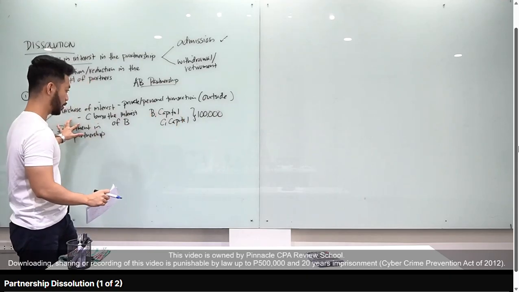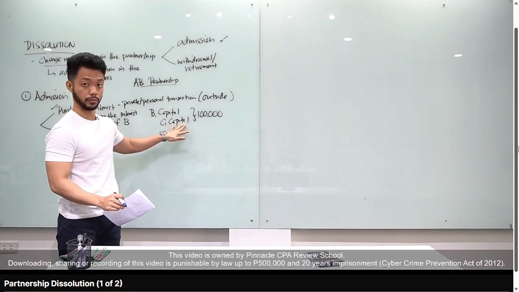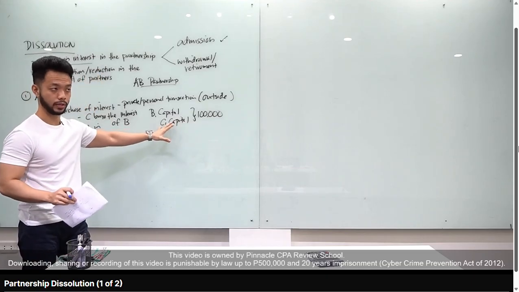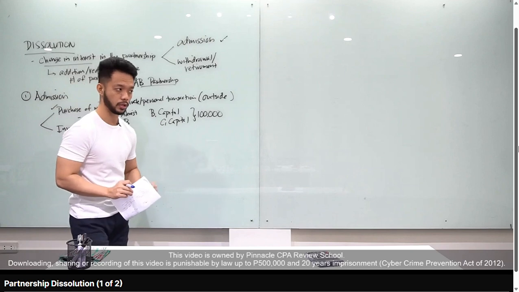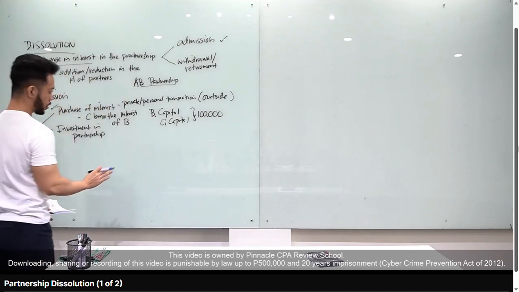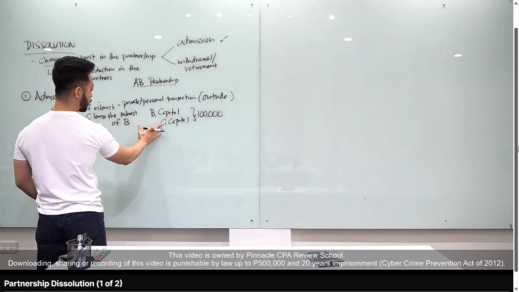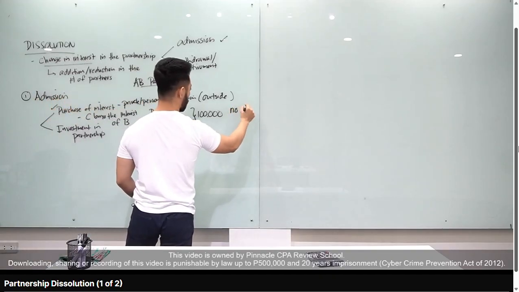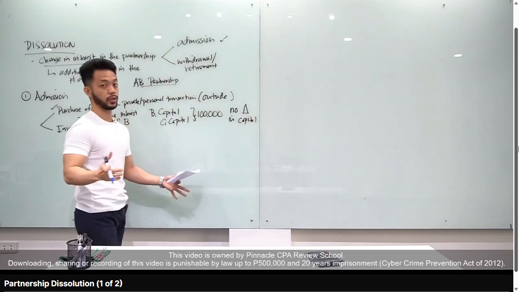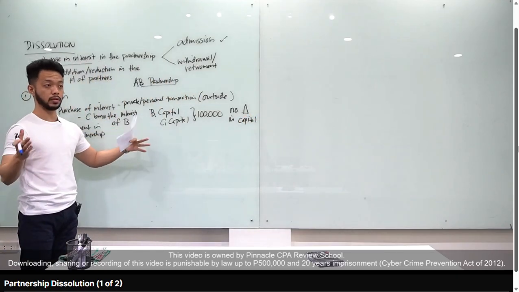For example, ang binayad ni C, 200,000. Ganito pa rin yung entry mo. Right? Let's say binayad ni C 50,000 lang, same entry pa rin yan. Okay? Hindi na mag-matter from the point of view of the partnership kung how much yung binayad ni C kay partner B. Got it? And from this entry class, as you notice, debit capital, credit capital, ibig sabihin, kapag purchase of interest, no change in the partnership capital. Walang increase, walang decrease kasi both debit and credit, both capital yan.